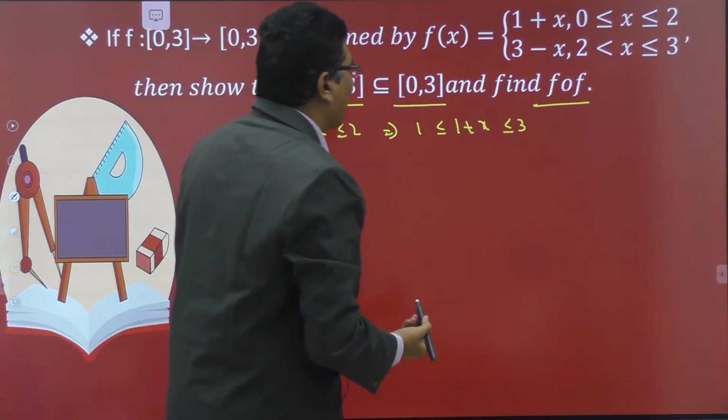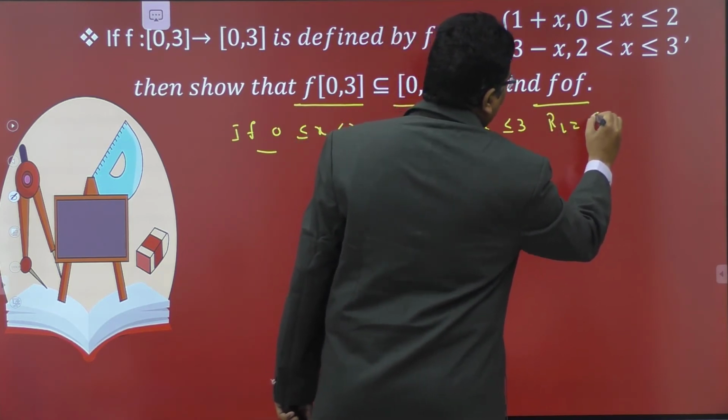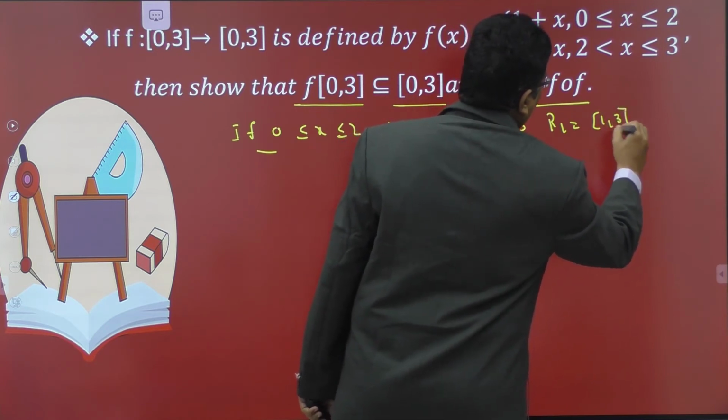Let it be R1. R1 is equal to closed interval 1, 3.